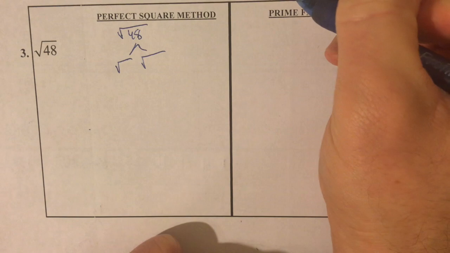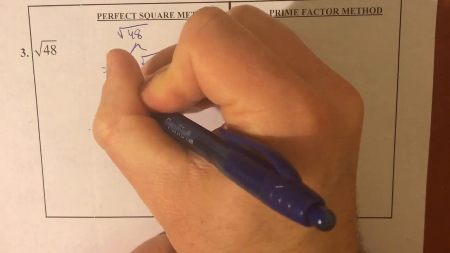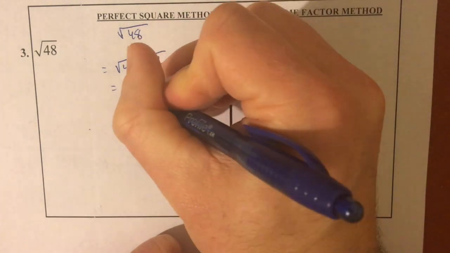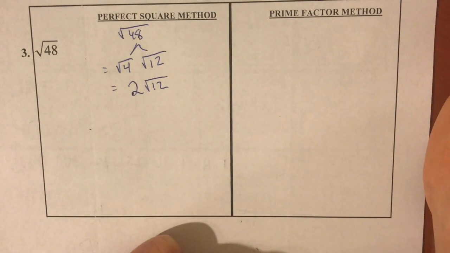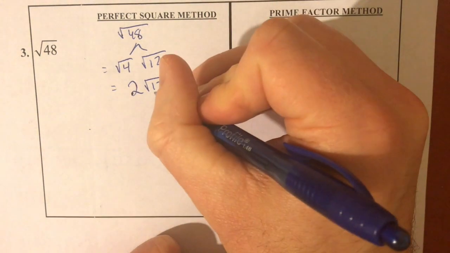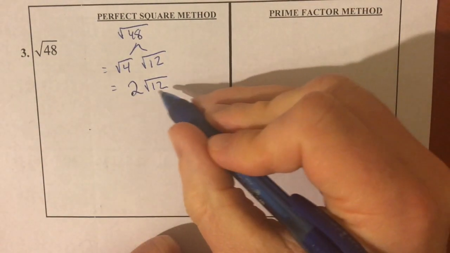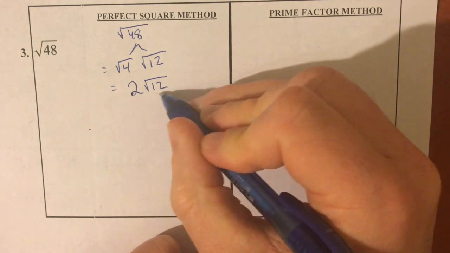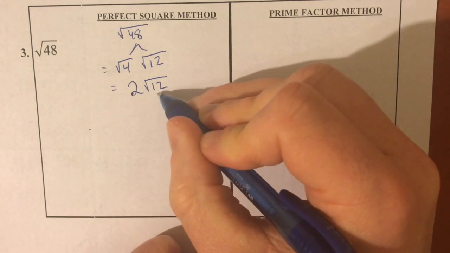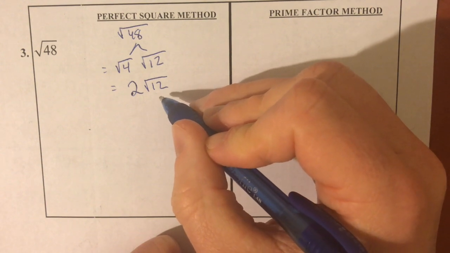So I'm going to break this down. Root 4 times root 12. The square root of 4 is 2, and then you have root 12. Not the final answer though, because what you've always got to ask yourself is, like a fraction to be completely reduced, for a square root to be completely reduced, you got to ask yourself, are there any more perfect squares that go into there? So 12, you should be thinking, ooh, 4 goes into that as well,